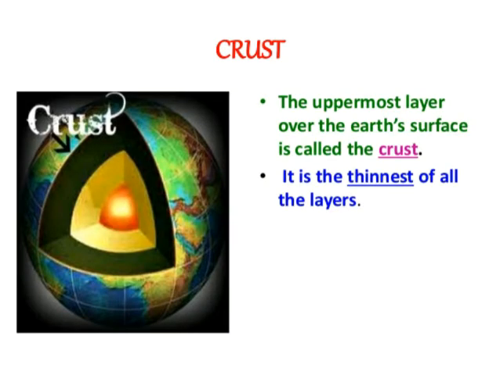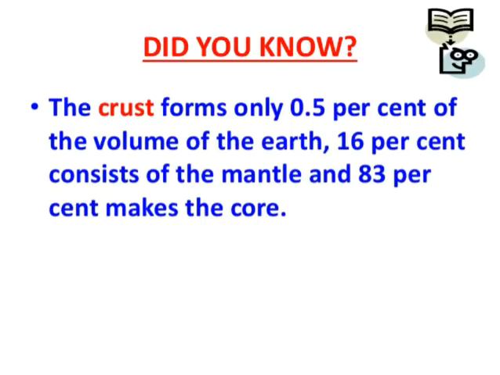Crust is the upper layer and the first layer on which we can make our homes and buildings. The crust is the solid part, and it is located above the layer of asthenosphere. Due to the asthenosphere, earthquake conditions arise. Yesterday an earthquake of 5.5 intensity happened in Assam. By volume, the crust forms only 0.5%, the mantle 16%, and the core 83%.